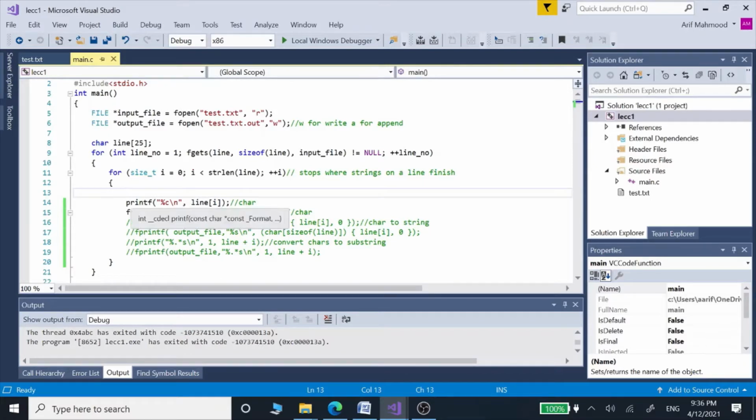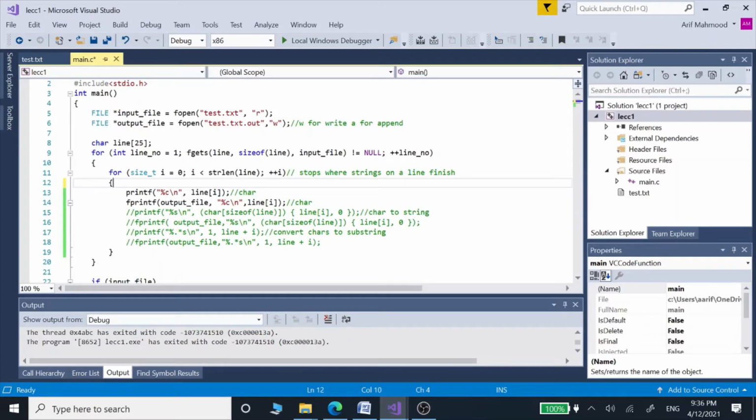For example, we are going to use the printf function, and this is %c, which is used to show the characters on the console window. And then we have this fprintf function, with which we can store the same thing, the data of type characters, into an output file as well.